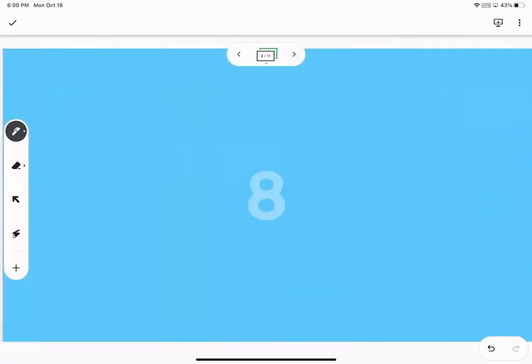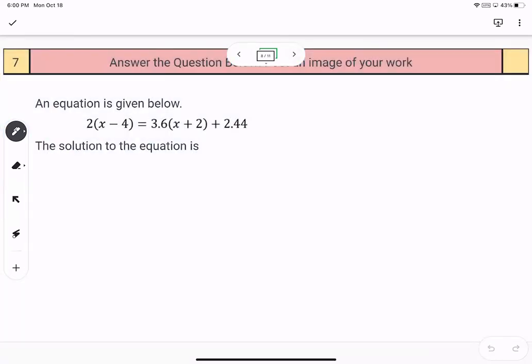Number 7. Okay, something similar to this one. You might want to grab a calculator if you need it. So here we're going to start by distributing again. We have 2 times x, that gives us 2x. Distribute again, 2 times negative 4, don't forget that sign, that is negative 8, is equal to